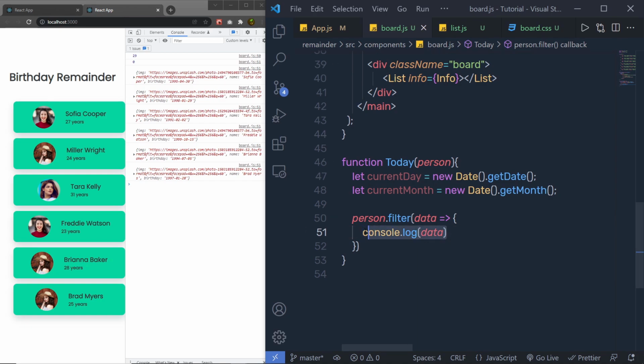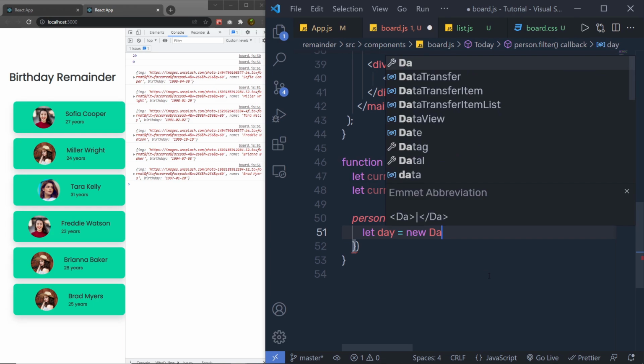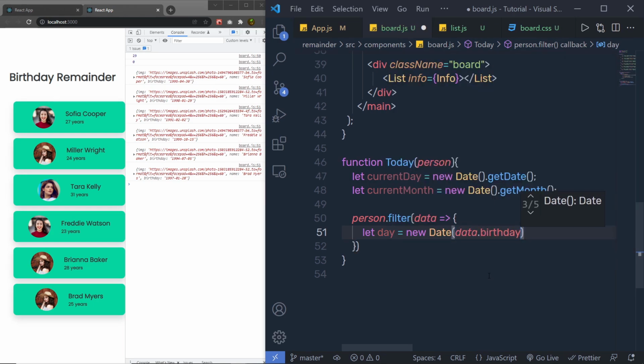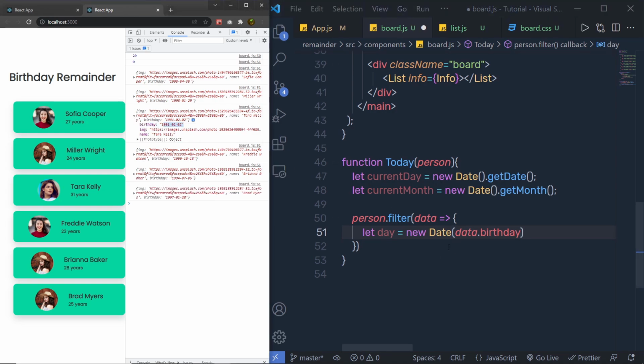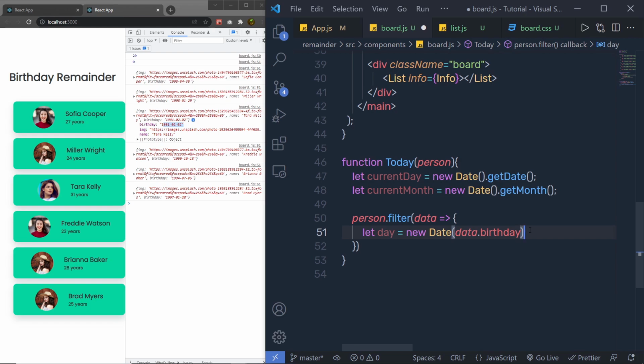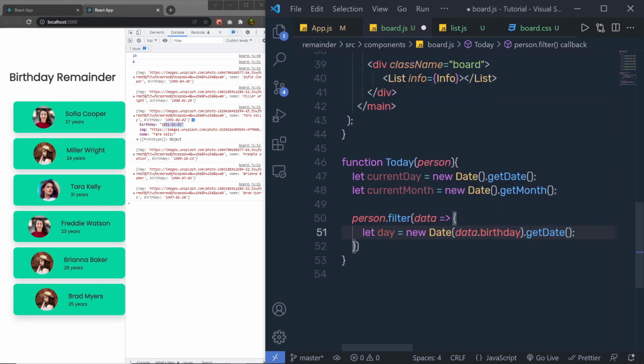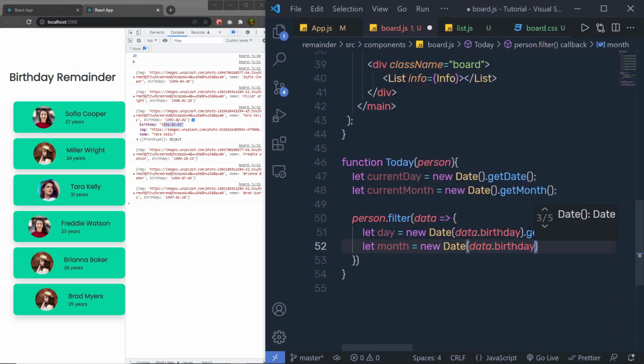Now using this object, I can get the current date and the month. So I'm going to get rid of this console.log. Say here let day is equal to new date, and inside this I'm going to say data dot birthday. So this will return this property birthday to this date, and from this I'm going to get the current date. Just for that, I'm going to say let month is equal to new date data dot birthday